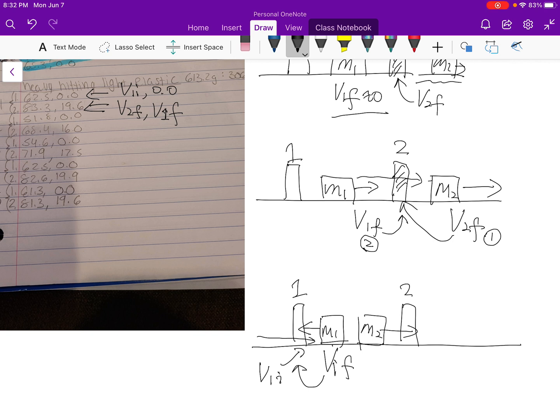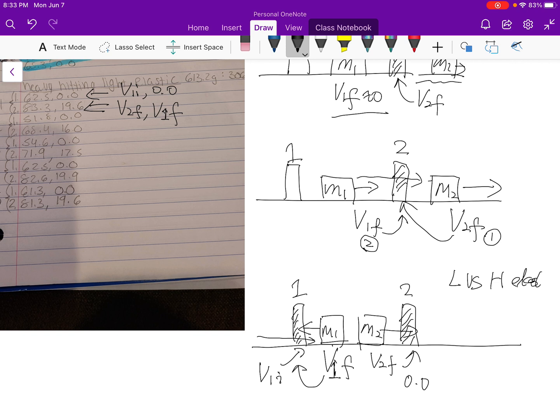So the first speed captured by gate 1 is the initial speed of M1. The second speed is the final speed of M1, and you must put a negative to get the velocity because momentum requires sign. And here, gate 2, on the other hand, only gets traveled through once by M2 at V2 final, so the next number will actually be 0.0 again because gate 2 only gets traveled through one time. So this is the light hitting heavy